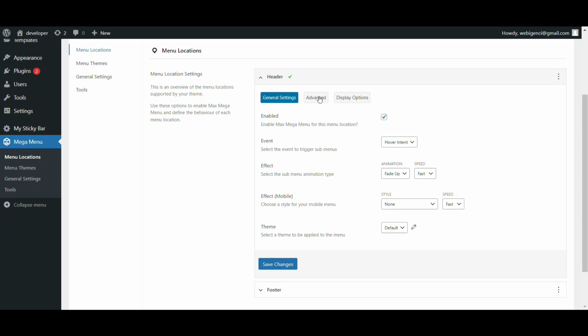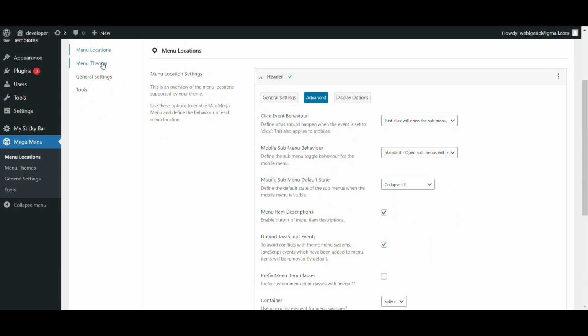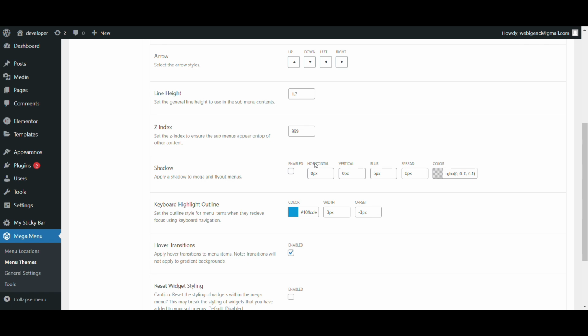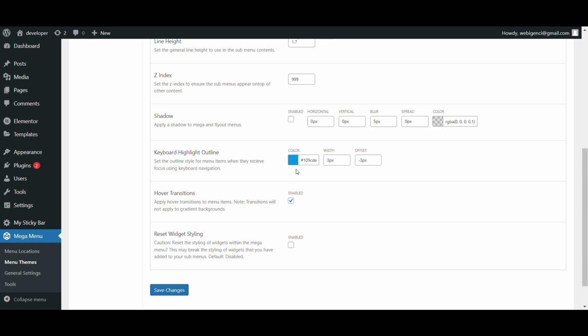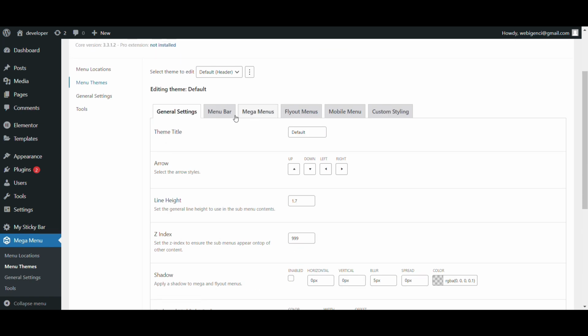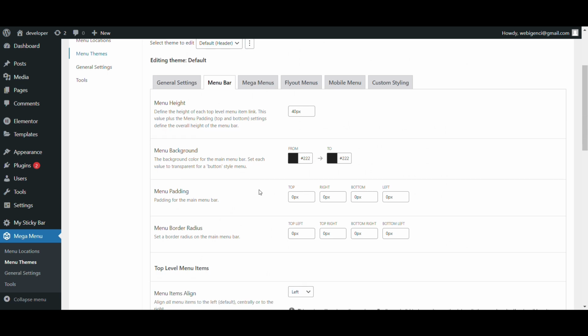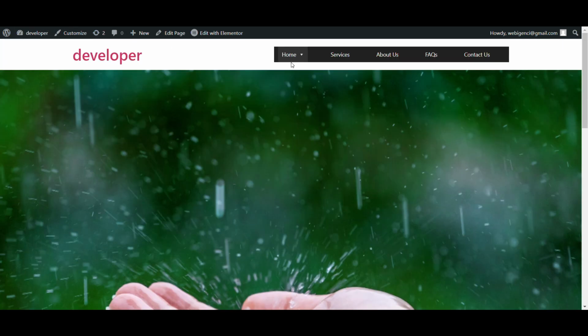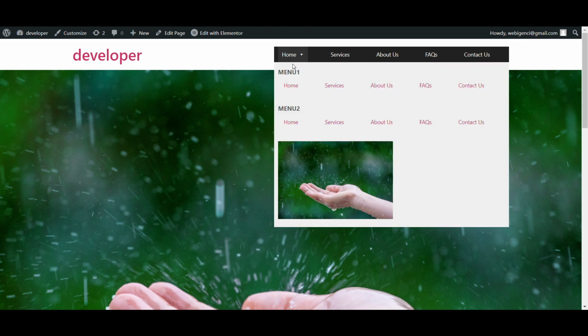Fade up, fast, advanced, menu theme. Suppose you decide how it will look: index, margin, padding, keyword, hover effect. So these are some styling options you can change as per your requirement and style it. That way you can easily create a mega menu in your